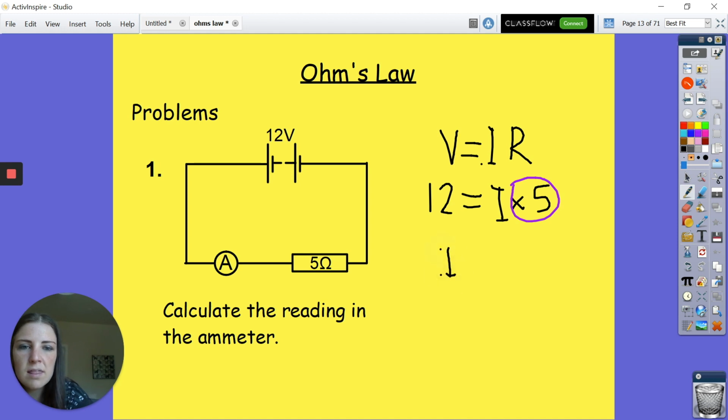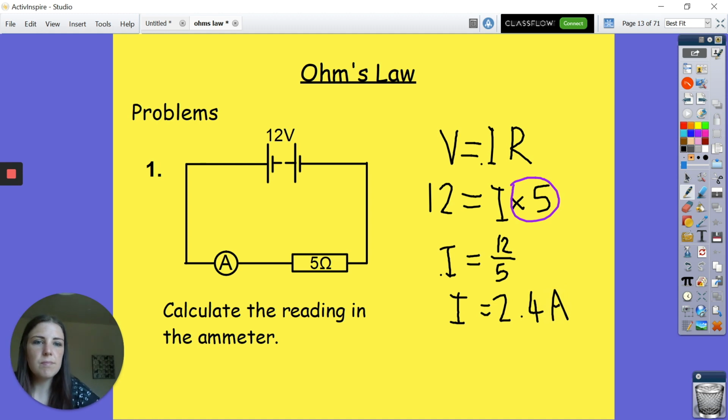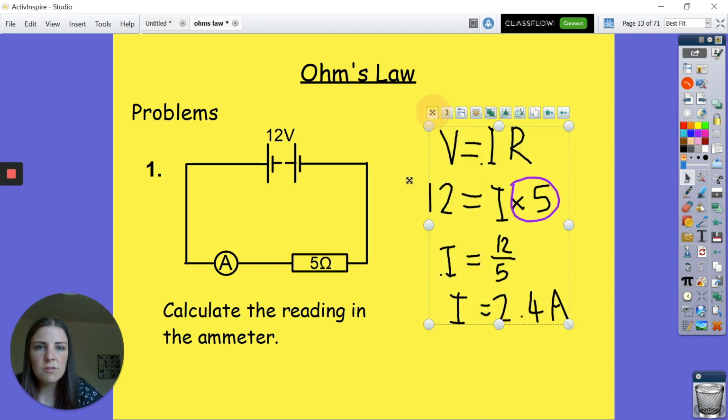But I'm just going to write it this way. Hopefully you're okay with me missing that step there. Basically, to get I on its own, the 12 has to be divided by 5. Okay, 12 divided by 5 would be 2.4, and current is measured in amps. I'll just do it the other way as well. It'll take too long in this problem, but